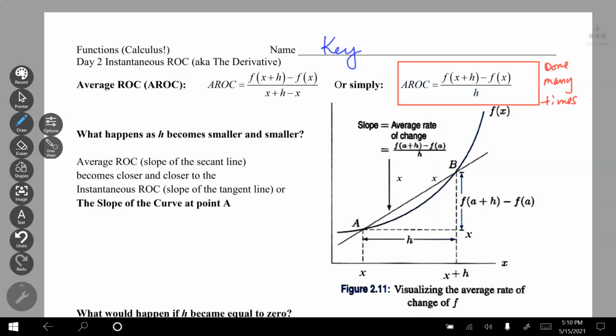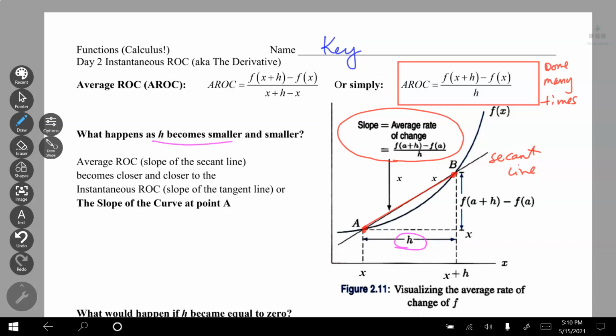And what we've been talking about is the average rate of change between point A and point B, which is basically this line right here, what we call a secant line, because it goes through 2 points on a curve. And what we're going to work on now is we have this distance h between the 2 points,